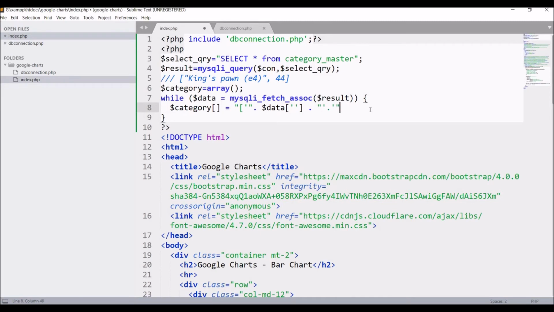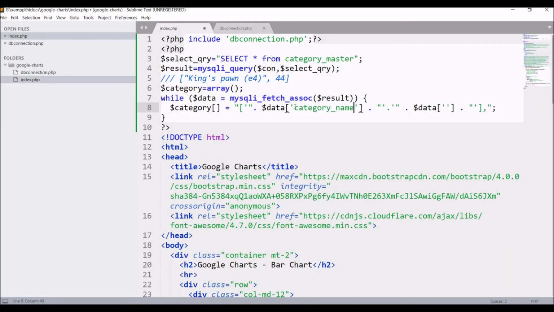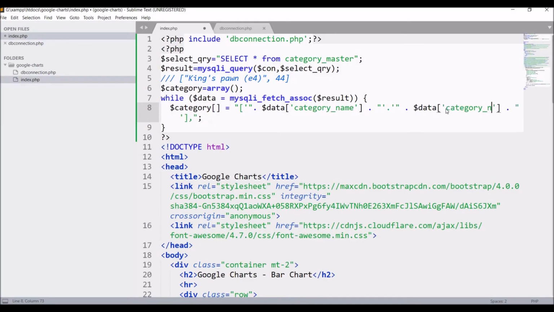After that I'm going to need the stock of the category, and after that close the square bracket. Now let's get the column names from the DB. So first one is category name and then category stock is there.